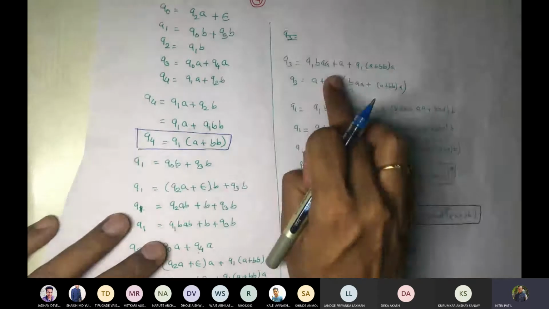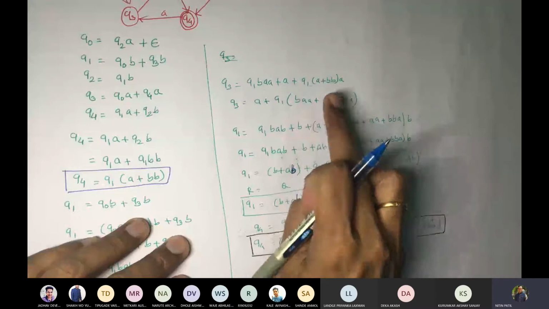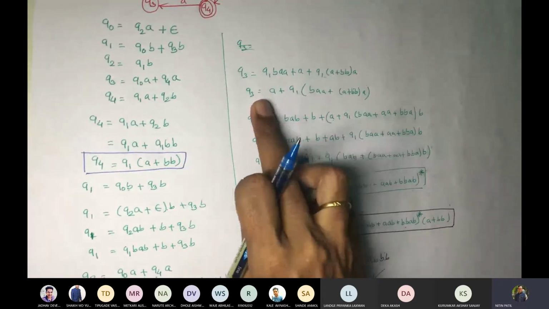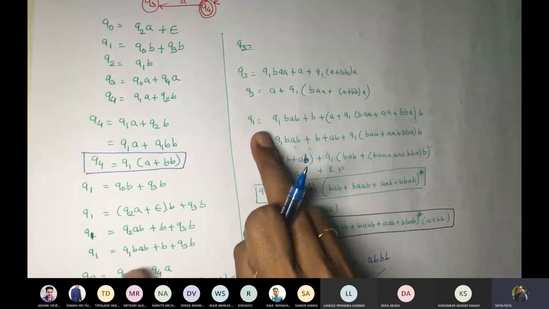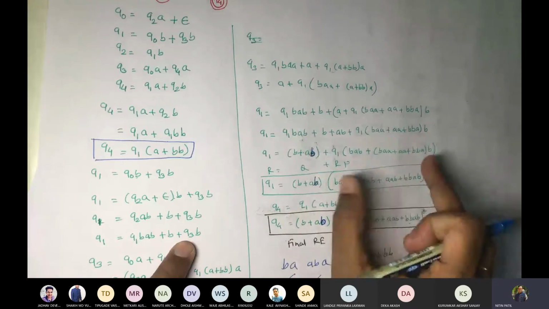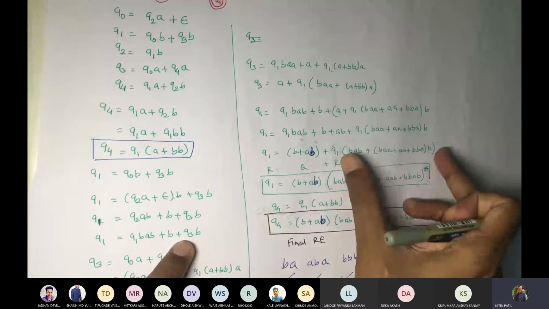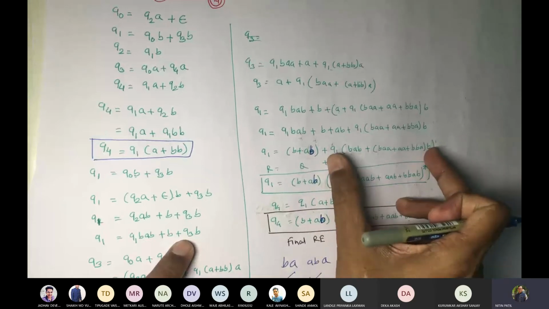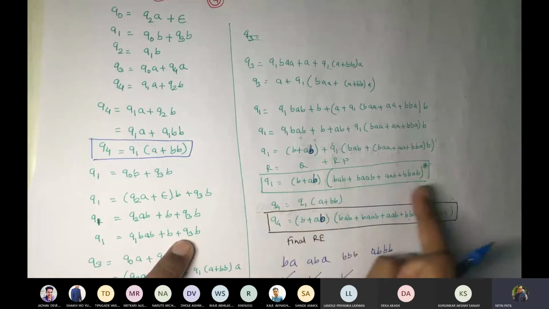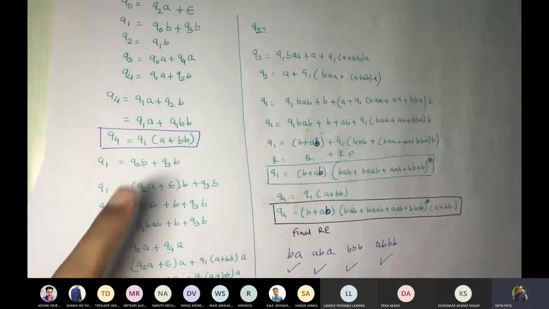Now we got all the Q1s common together over here. Then we took Q1 common, and wrote A as it is, and BAA plus this A plus BBA. Correct. We put this Q3 value in the equation for Q1 here. So we got this now. Again, we simplified. We took everything which does not contain Q1 to one side, and the rest with plus on the other side. Then we got the form R equal to Q plus RP, so we got this simplified. Then we put this value of Q1 into the Q4 equation, and we got this equation.